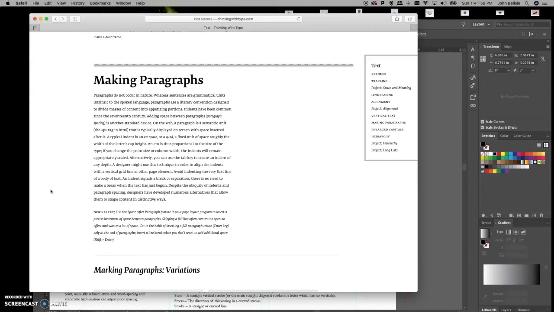I just want to go over a few terms and a few things to look for when you're setting type. When you have text in text boxes, we're typically putting it in paragraphs. Sentences are grammatical units. Paragraphs are more of a literary convention to divide masses of content into